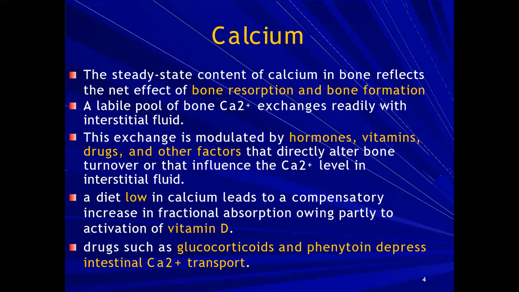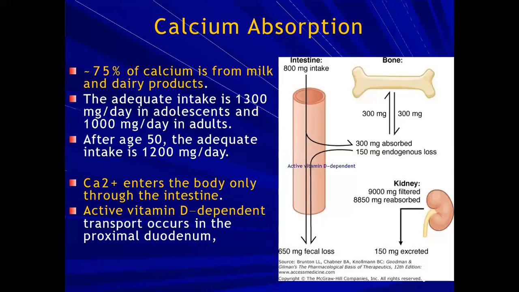So when you're giving calcium supplements to a patient, especially children, you have to be very careful when giving corticosteroids and phenytoin concurrently because there will be a drug interaction. So for calcium absorption, 75% of the calcium comes from milk and dairy products. The amount of calcium required is 1,300 milligrams in adolescents, and in adults they require 1,000 milligrams